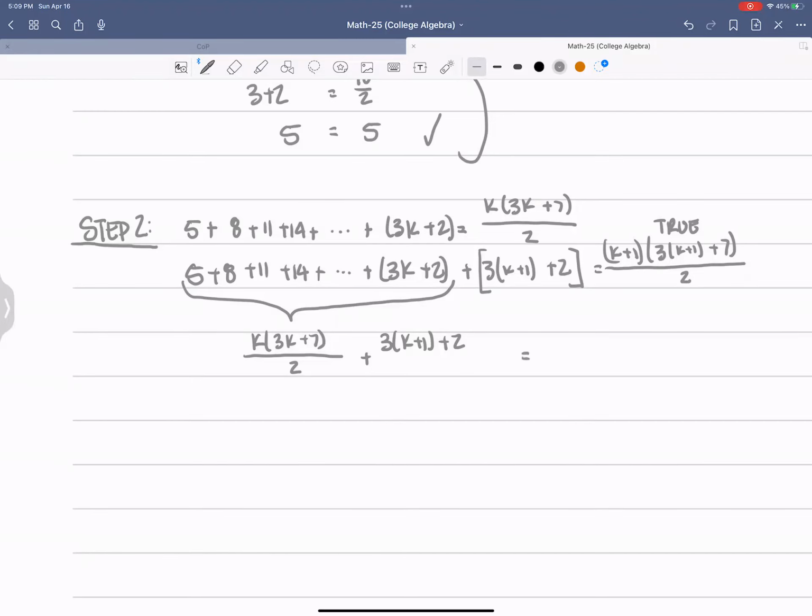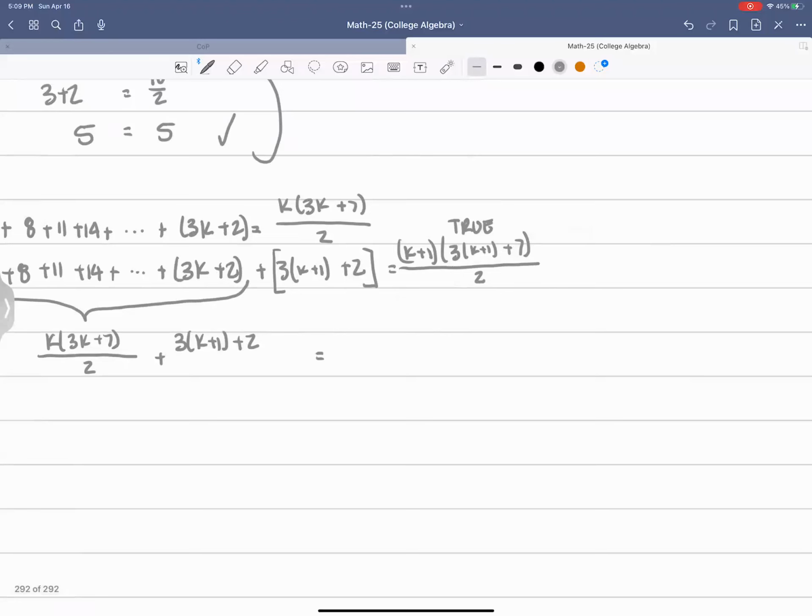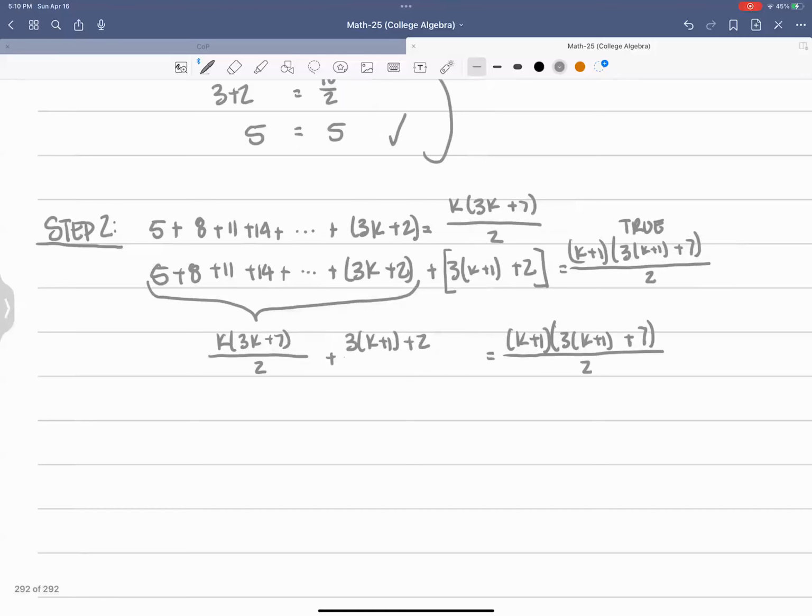And we're keeping the other right-hand side. So that part is what we're trying to prove. We're trying to make the left-hand side look just like the right-hand side. Because we have a fraction on the left side, I'm going to put this over 1. Let's rationalize this so that we have fractions that we can add together. So far we have k times